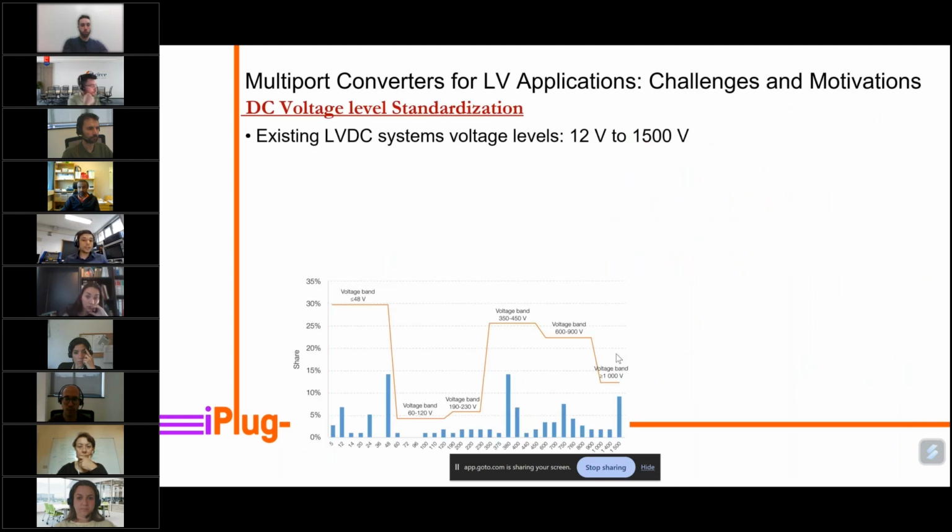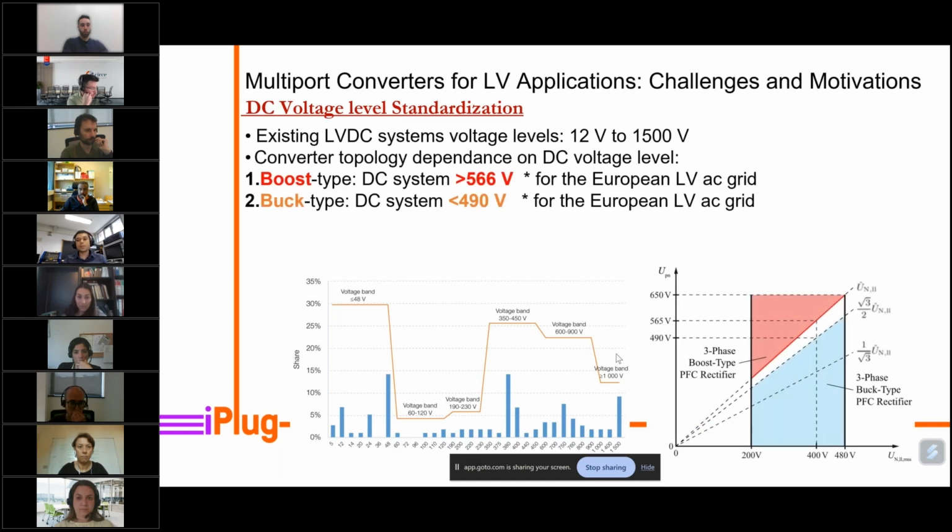Another challenge related to the DC systems, if anyone has some experience with DC systems, one of the well-known obstacles is the lack of voltage standards. So we have for low voltage DC systems a wide range starting from 5 or 12 volt to 1.5 kilovolt. This not only affects the selection of the semiconductor devices and the passive elements, but also affects the topology